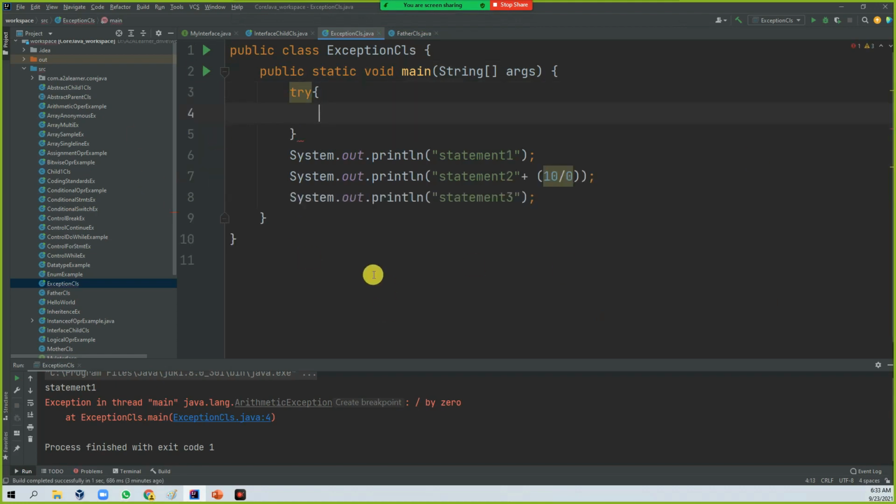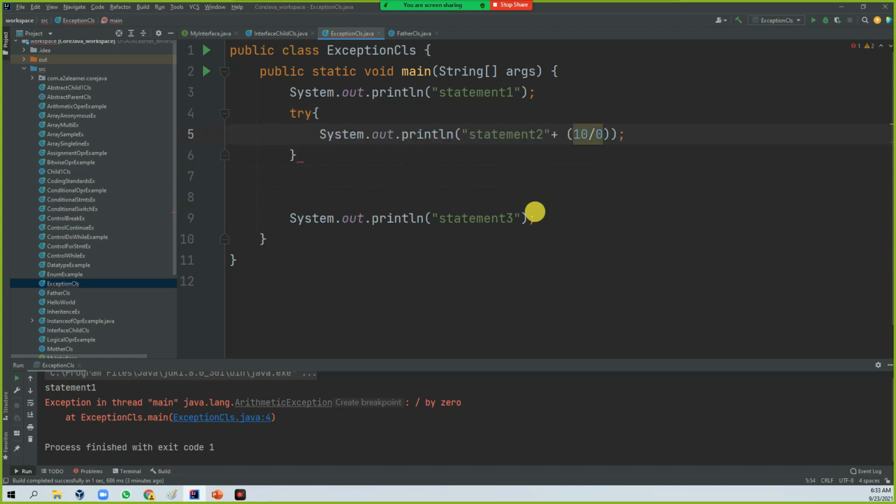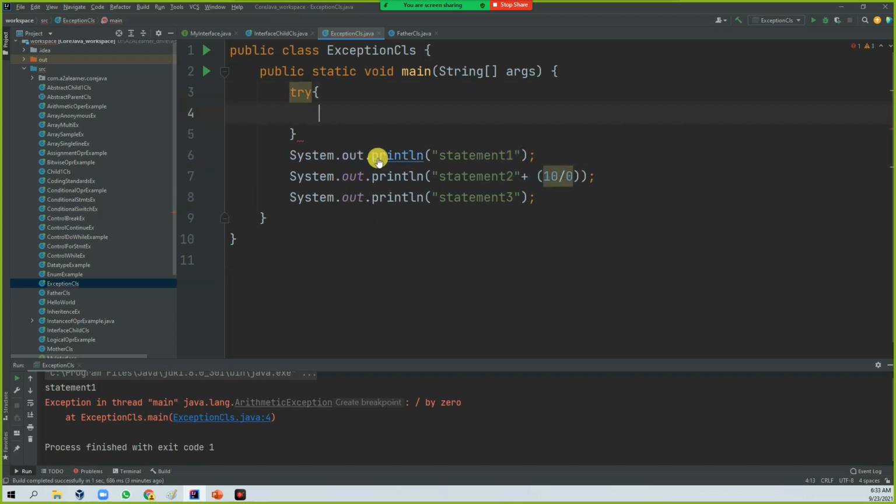Inside the try, you put whatever is causing the issue. Statement 1 has no issue, so let's put it outside of the try. Statement 2 has the issue, so we need to copy this one. You can place it like that, otherwise you don't need to copy and paste all the statements.